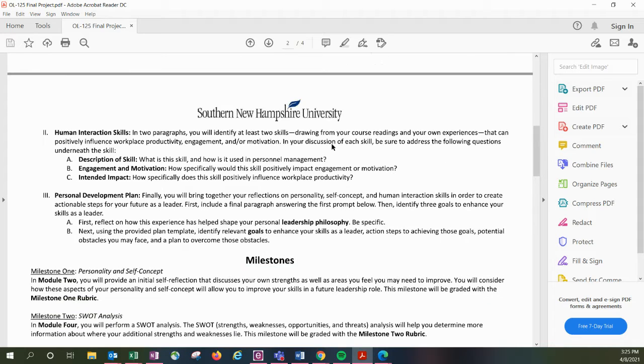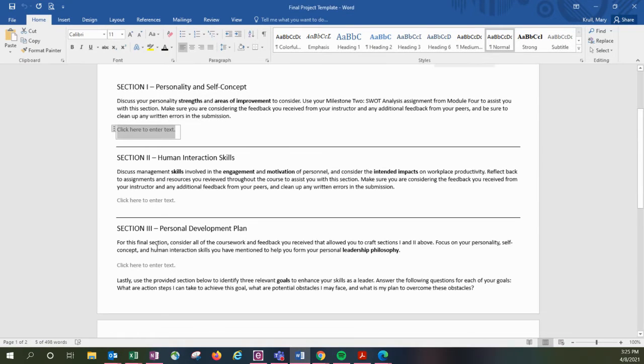So moving on to section 2 here is human interaction skills. On the Word document, that's going to be the second paragraph right here, section 2. And again, just like in section 1, you're going to click on that text box that says click to enter text here. And that's where you can either type in your answers or copy and paste your answers